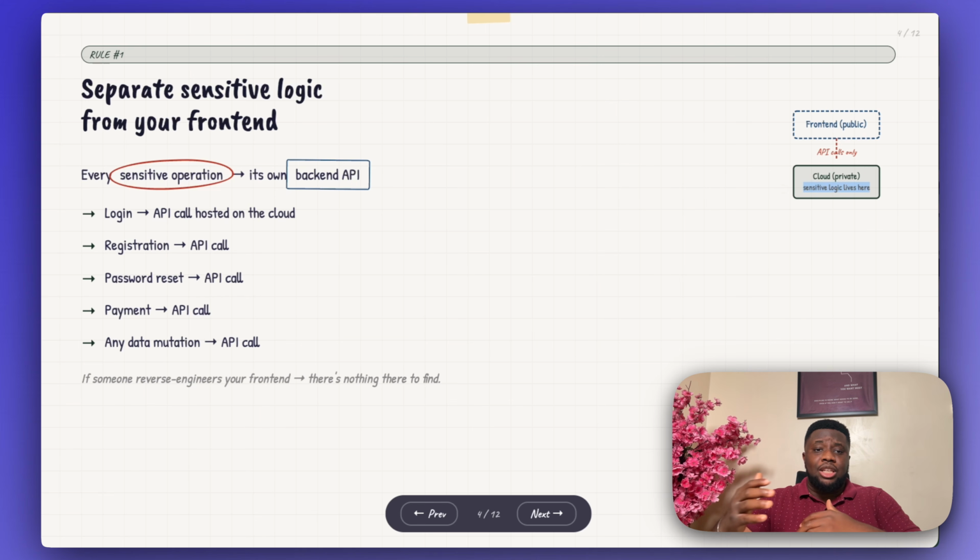Now, most of these things I'm telling you, it's very easy for you to implement, because you can just go into your AI agent and say, oh, I want to implement this function as a cloud service. I want to implement that function as a cloud service. Now, you can start with even the most core sections of your app.